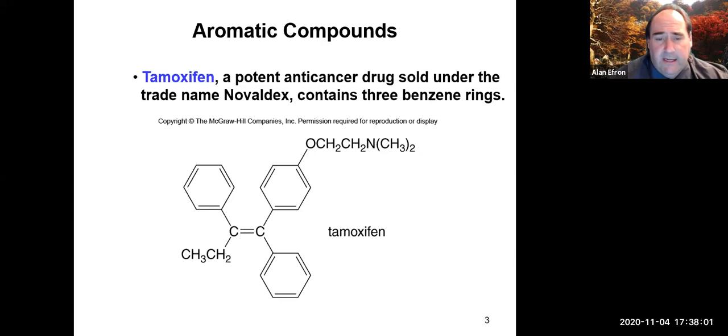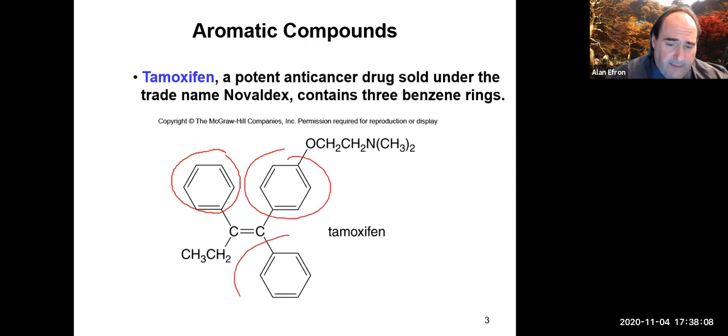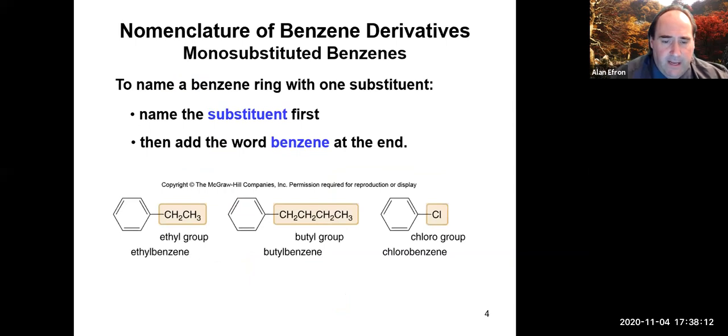intermolecular forces. Here's some drugs. Again, you see our benzene rings in this particular guy. It actually has 3 different benzene rings, which makes it aromatic. Now,